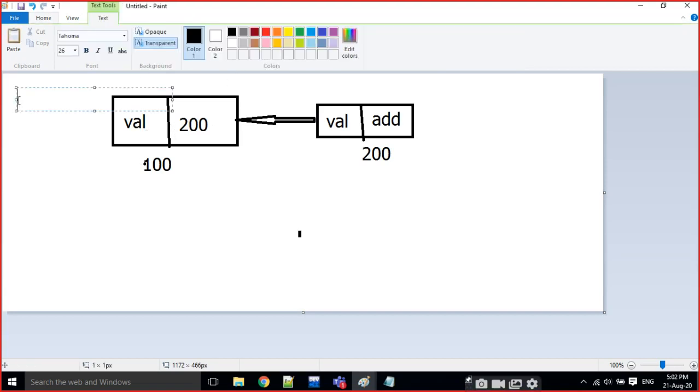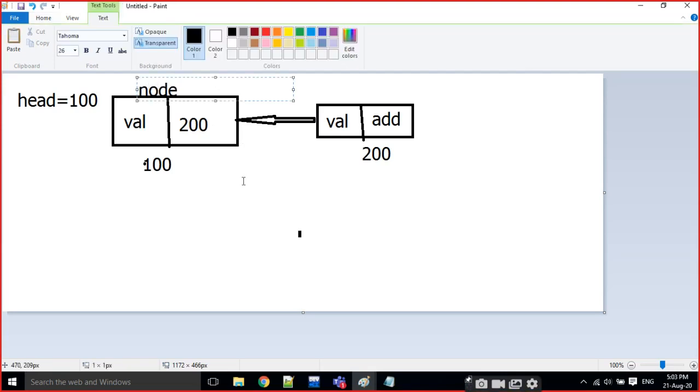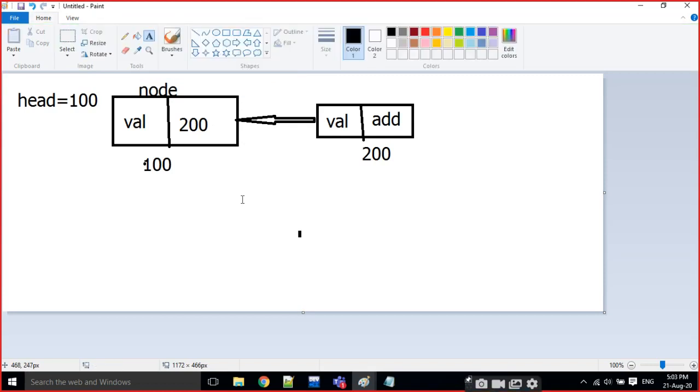The first node is going to be placed in one variable that is called head. Head is equal to 100 here. Head is a variable that stores the address of the first node. This is the terminology. Every part is a node here. A node has two parts: the first is the value, the second is the address of the next node.